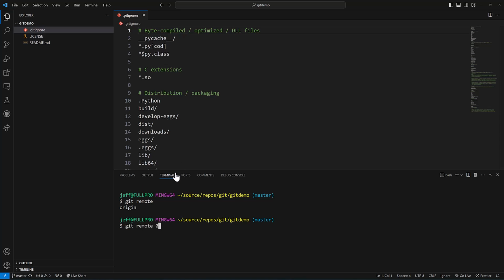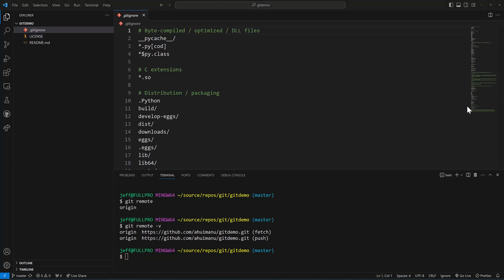If we say git remote -v, v means verbose. It'll tell us more. It'll say, for the purposes of fetching and pushing, we are using this URL. And so all git remote is, is a way to create an alias that stands in front of a URL instead of having to type that whole URL out. So that's essentially what we get out of the box. Now that we have this, we can do things like git push, git pull,